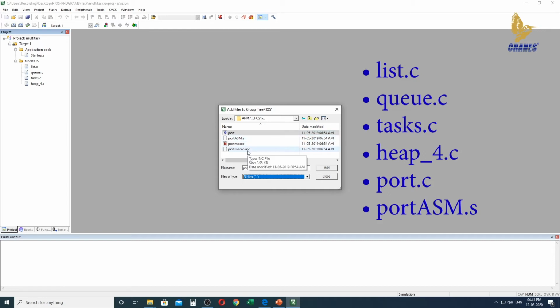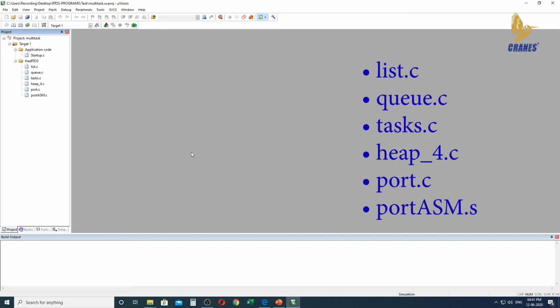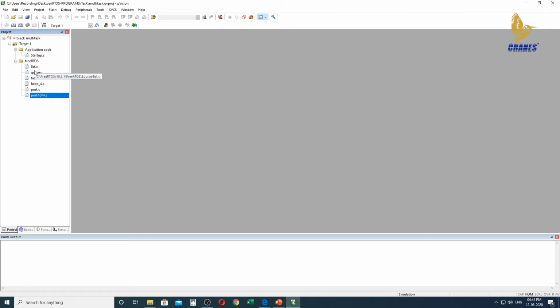From these files we are going to select port.c and port asm.s. We click on add, and once you have added all the files you can close it. Looking here, we will have a total of 6 files. These 6 files are for the minimal FreeRTOS configuration.